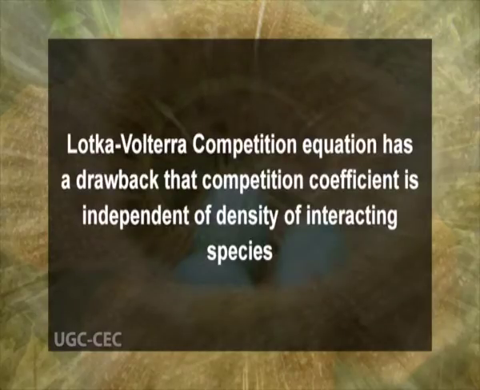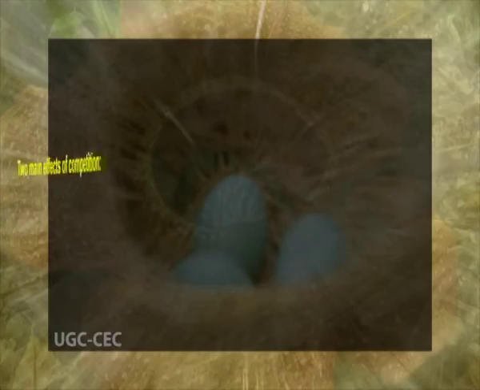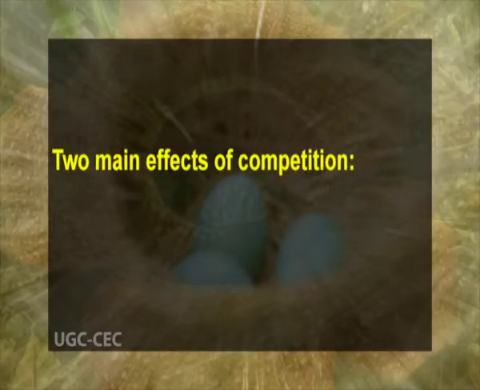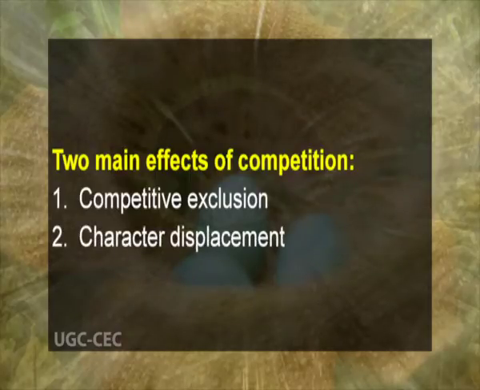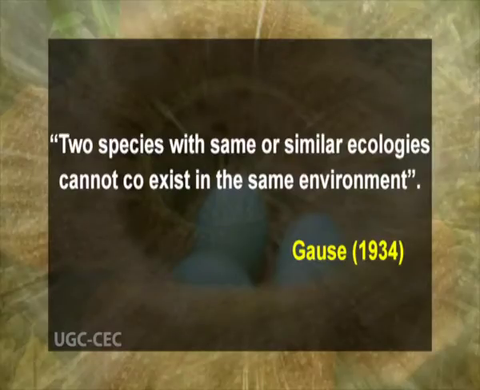The Lotka-Volterra competition equation has a drawback: the competition coefficient is independent of the density of interacting species, while studies reveal that the competition coefficient is a function of density. There are 2 main effects of competition, competitive exclusion and character displacement, on the basis of their short-term and long-term effect. The mathematical examination of the phenomenon of competition by Lotka-Volterra led to the formulation of the idea that 2 species with same or similar